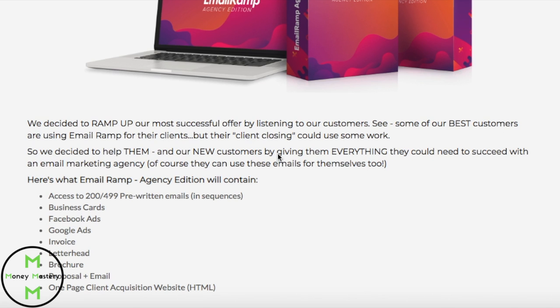Next, they provide you with Facebook ads and Google ads templates. This is very useful when it comes to advertising with these platforms. Next, they provide you with invoice, letterhead, brochure, proposal, and email templates. This is very useful when you need to use one of those things because you have it ready to copy and paste. Next, you have a one-page client acquisition website, which is basically just a client acquisition funnel, and that's